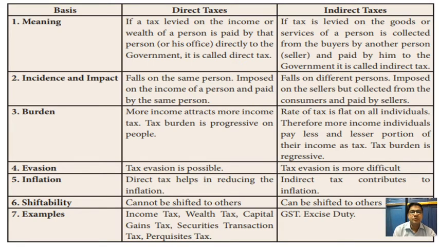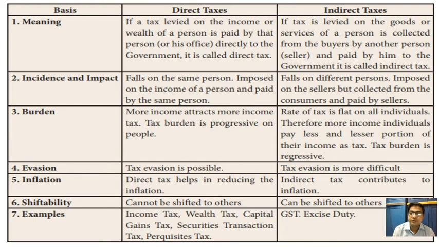Our subject name is direct and indirect taxes, so we should know about the meaning of direct and indirect taxes. Why we call our subject direct and indirect taxes, that we will discuss. Now, direct tax simply means a tax which is directly paid to the government, and indirect tax means it is indirectly paid to the government. If a tax levied on the income or wealth of a person is paid by that person